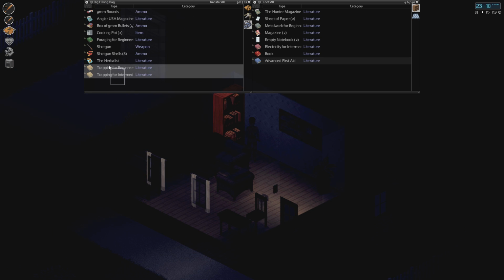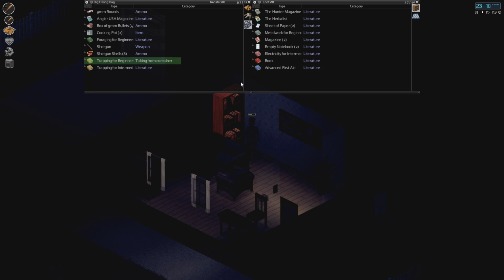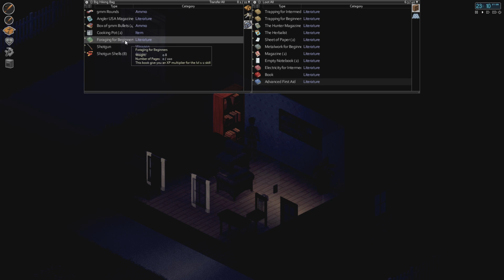But this is going to be our house for right now. We'll unload all the books in here so that we're not overweighted. Yeah, looks good. All right, foraging for beginners. I'll probably read that. I don't know how long it's going to take me to read it, but...